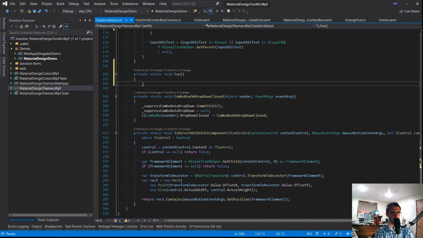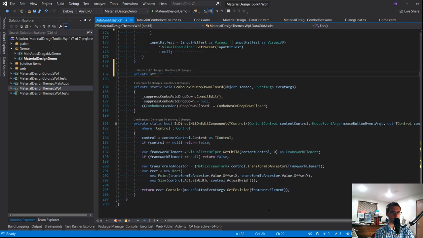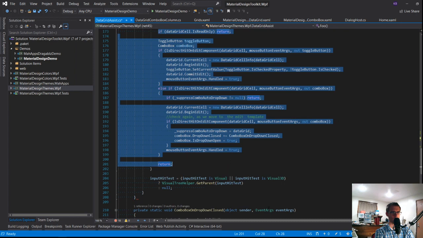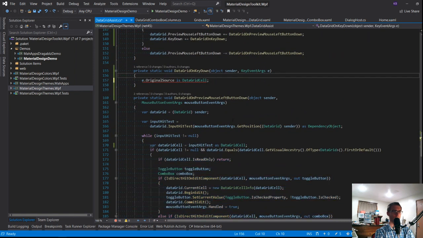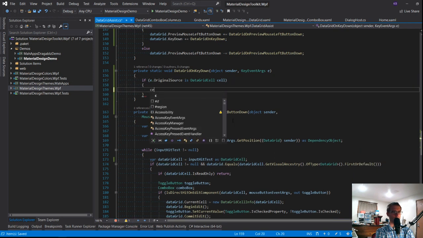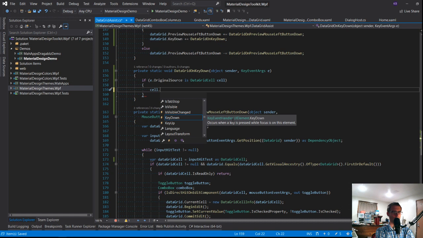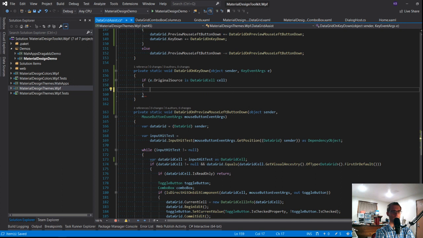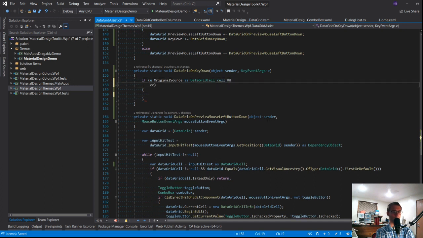Yeah, let's back this up. I don't think there's as much overlap here as what we thought. Is DataGrid cell, so how about pattern matching instead? Yeah, pattern matching for the win. So, let's see, just keep going. And cell is read-only. So we'll only do work if it's not a read-only cell.